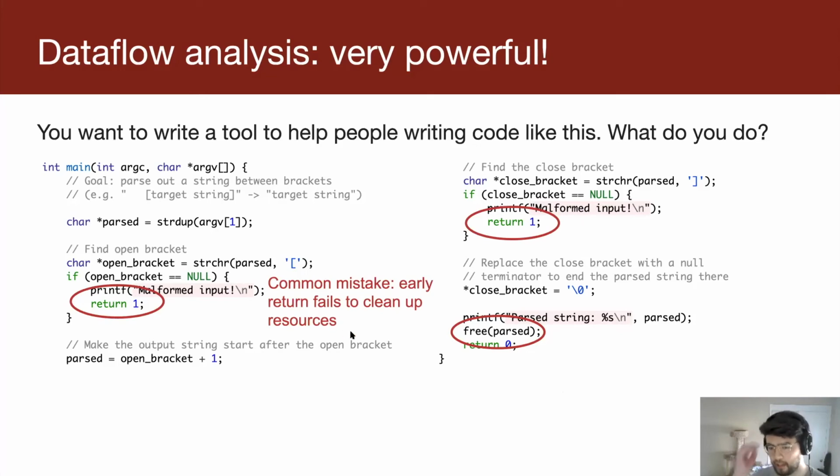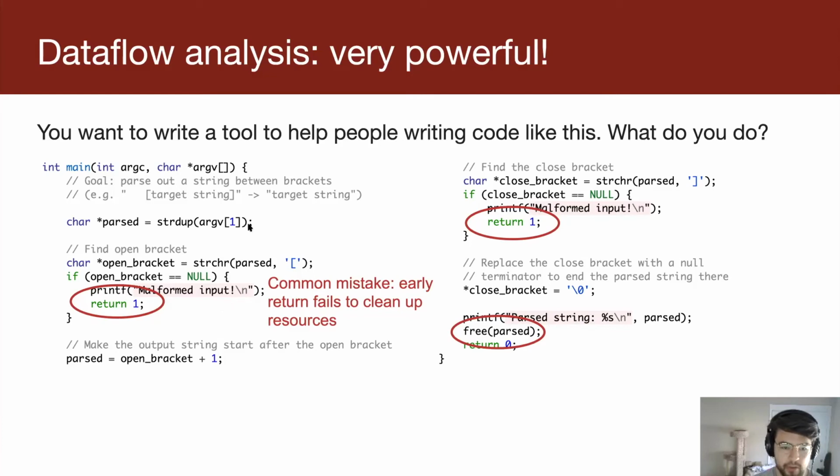I'm sure you've written bugs like this in the past, maybe in 107. This happens in production all the time. Like there's a lot of networking code that will receive messages from the network. It allocates some memory to handle those messages, and then it's like, wait a second, there's something wrong with this message, and so it stops processing the message, but it forgets to free the extra stuff that it allocated earlier. And this stuff happens everywhere.